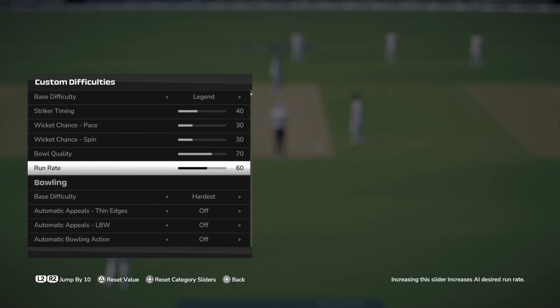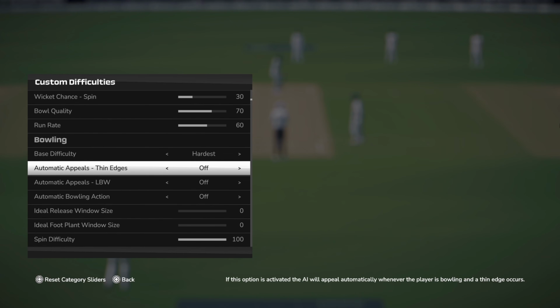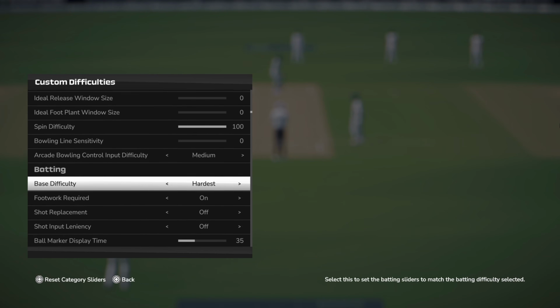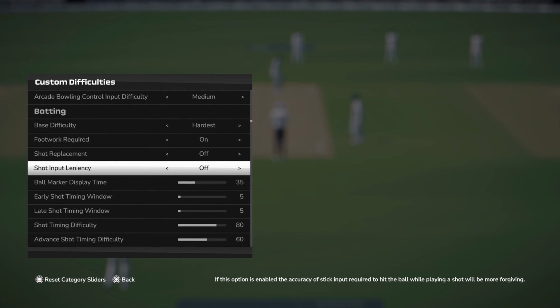Run rate 60 to make sure the AI actually scores about 300 at times. Sometimes it'll be between 250 and 300. Sometimes if you bowl really bad, it can even go above 400. Bowling difficulty again, nothing really needs to be changed here. Hardest is fine. Batting once again at hardest, but this time ball marker display time, we have a little less time